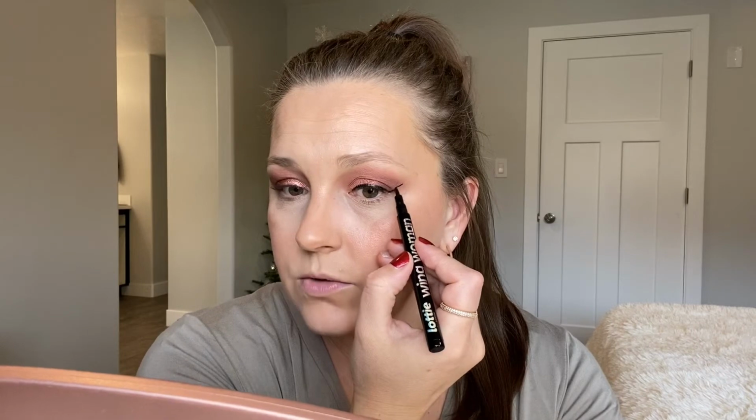So I'm gonna go in with my Lottie London Wing Woman liquid eyeliner. This is one of my favorites, and we'll see how this goes. I start by trying to do a really thin line just above my lashes. So I like to start with that, and it always kind of gets thicker as I go because I'm trying to make it even and fill it in. Then I'm going to now try to work on the wing part of the liner. So I start with the line just kind of extending from my lower lash line, and then I work to bring it in,